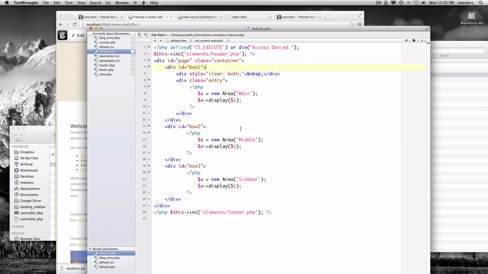You might ask, what's the advantage of having these reusable theme elements? It might be pretty obvious to you, but in case it hasn't dawned on you yet, what you can do now is take this default.php and use it as a very good starting point for other page types. Because this is pulling in the header and the footer, and this has all the stuff that you might need. You could take this and start playing around with the divs in here and make a different sort of layout. For instance, if you wanted to make a wide page type, you might take the same code in here